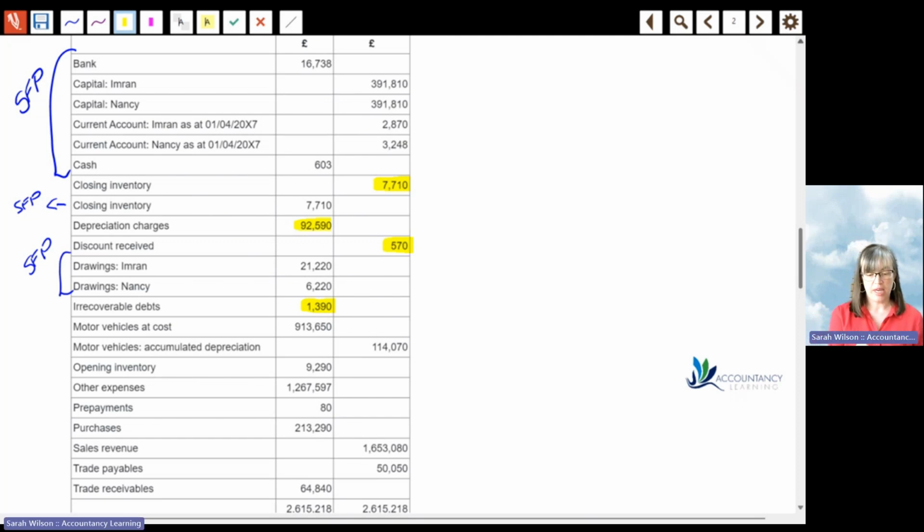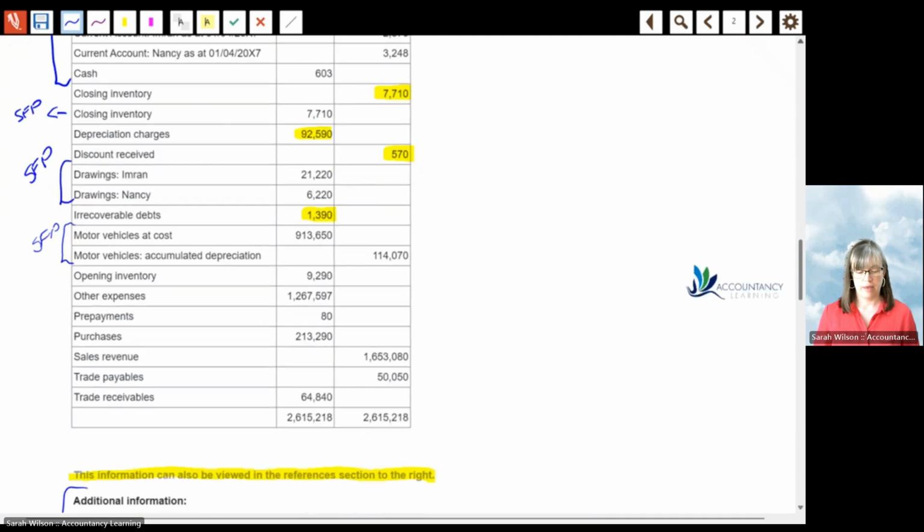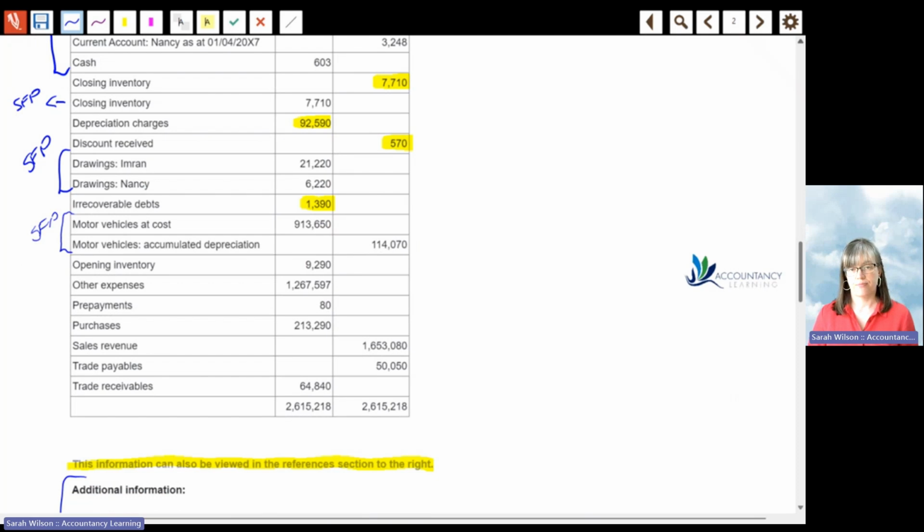Then next we have our assets here. So we are going to have our vehicles at cost and the accumulated depreciation. That is on your statement of financial position, so we're not going to highlight them as part of our statement of profit or loss. Then you've got opening inventory. So remember, it's our closing inventory that appears on the statement of financial position and the statement of profit or loss. But our opening inventory needs to appear on our statement of profit or loss, again, as part of the cost of sales